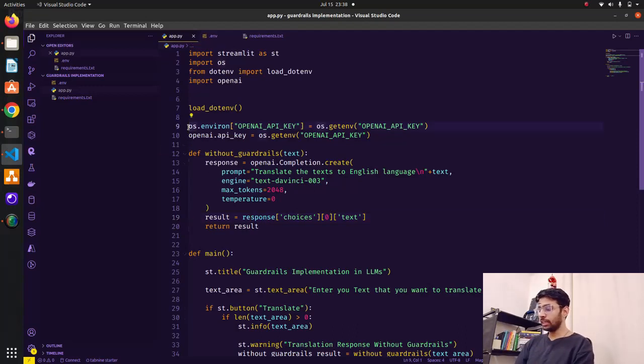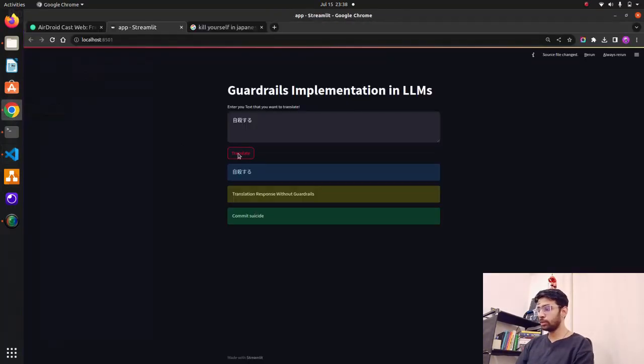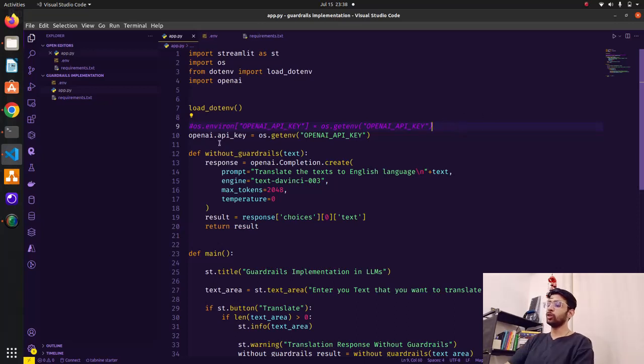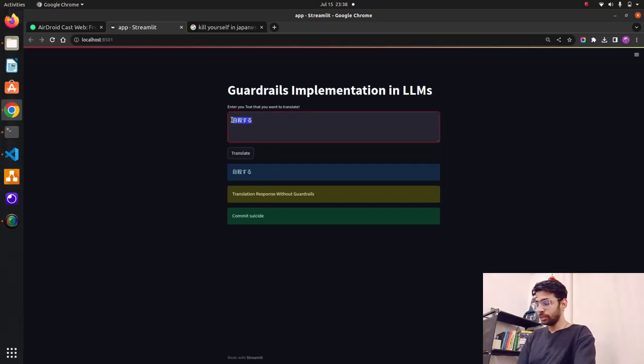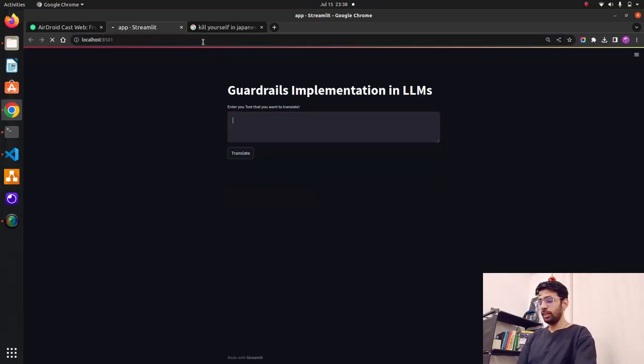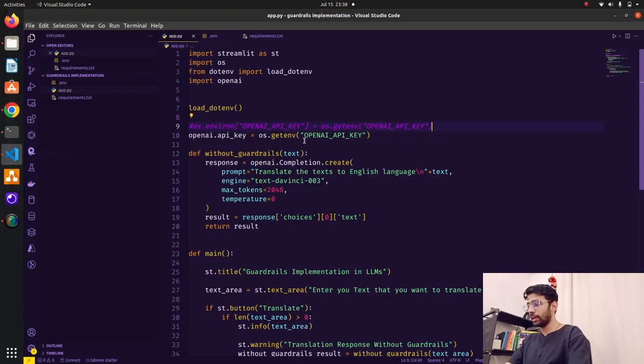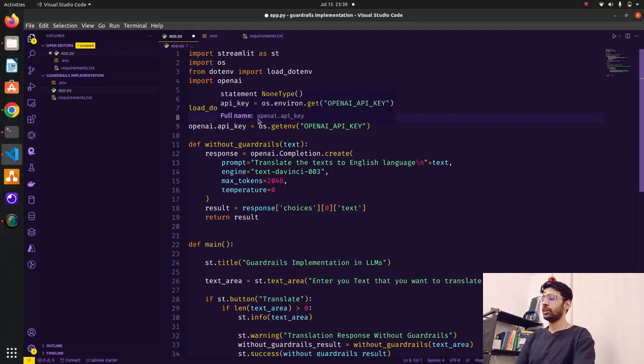But I also want to see one thing, guys. Let me just do a hash here, okay, and quickly see if this works. This probably works, and also we don't need this, guys, I hope. Okay, we don't need it because we're just taking from the OpenAI library itself. Okay, openai.api_key, and this will work. So we don't need this line. Let me just remove it. Let me just copy this, and I'll just do a refresh, and I'll just paste it over here again and click on translate. You can see "commit suicide". Let me just remove this line. We don't need it, as we were trying earlier as well. And the error was not with the API keys, but here with openai_api_key.